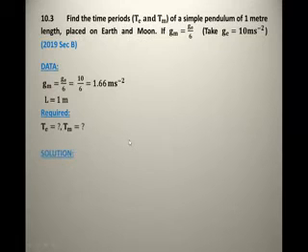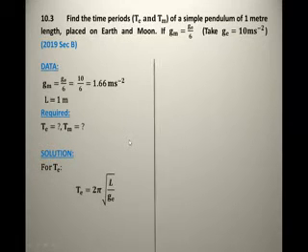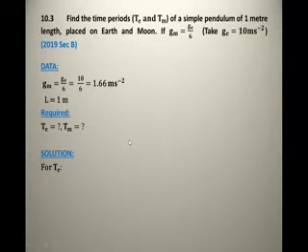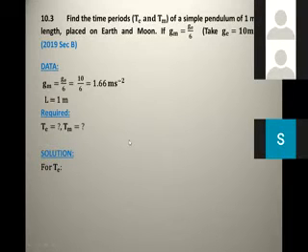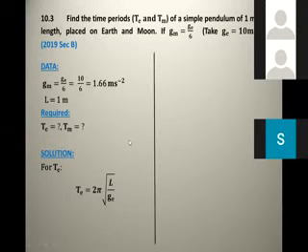Ma'am, should we use the same formula, beta? Yes, miss. Because we know that the time period of the simple pendulum is represented by the formula T is equal to 2 pi under root L over g. I am writing it with respect to the scenario of Earth: T is equal to 2 pi under root L over g_E. Then we write the value of pi and the value of g_E. We write all the values, then we have to find the time period. There is no need to derive the formula further. This is your final formula as well.